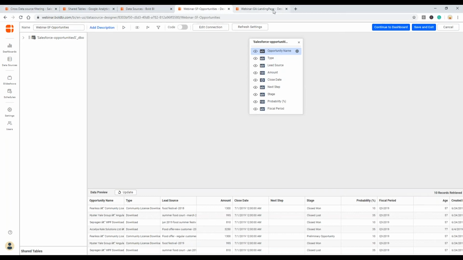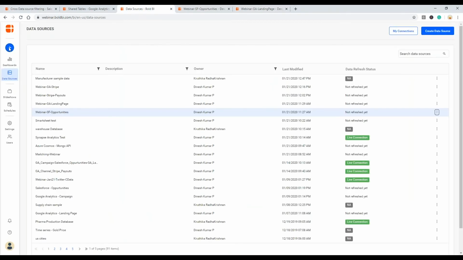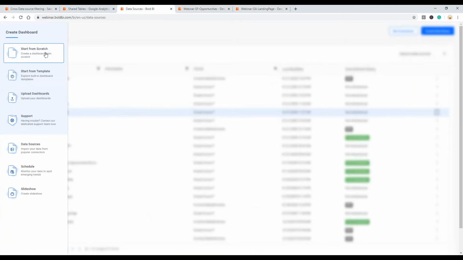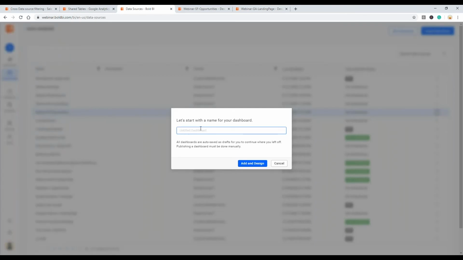So upon using this, let me just create a new dashboard. For that, let me click create from scratch, and we'll name it Google Analytics plus Salesforce.